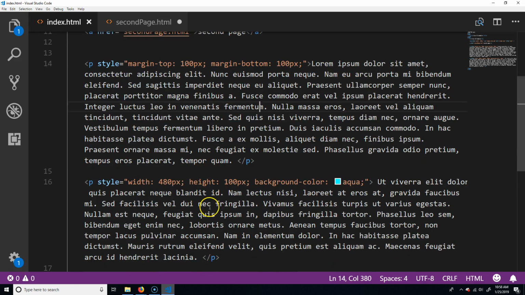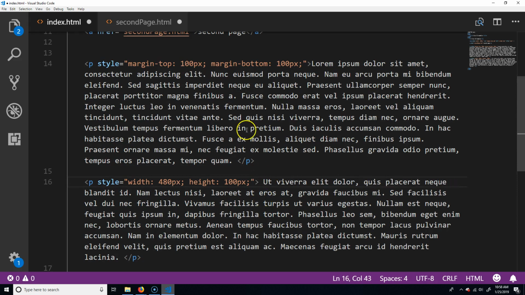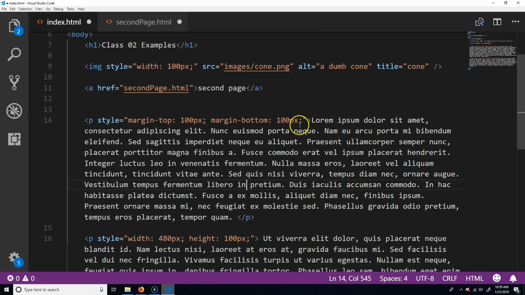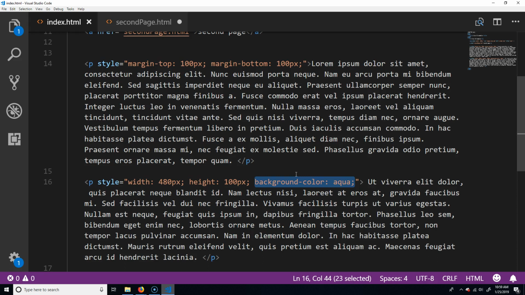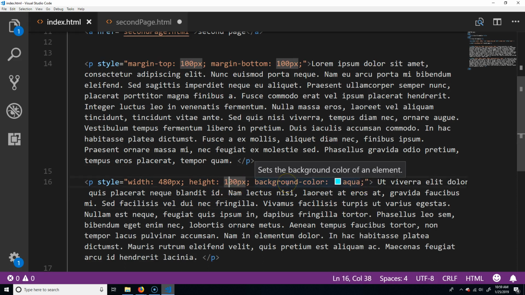some other stuff too. So I'm going to take this background color out for right now. Okay. So let's see, what else do I want to do? You can also do padding. Okay. So padding is the space. Actually, I'm going to put that back in there. Let's undo this. Background color aqua. Padding is the space between the content and